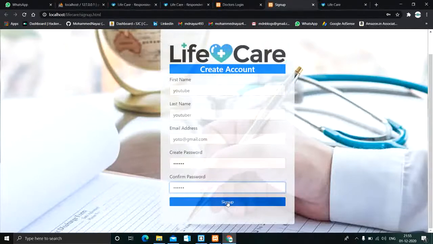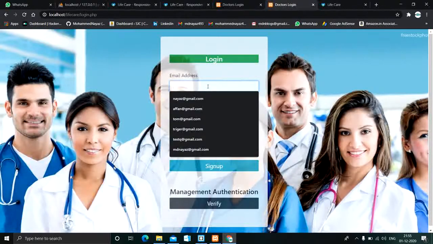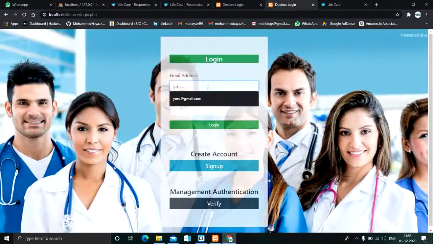As soon as I click on sign up, it shows data upload successful, and when I click on OK, it asks me to log in. So I have given yoto@gmail.com and the password like this.